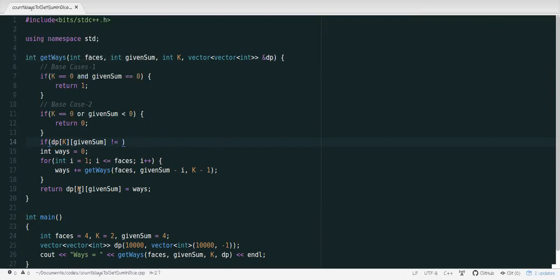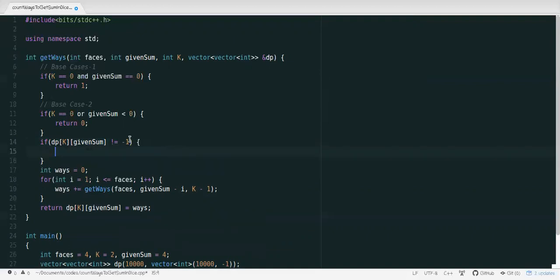But when I have already saved the result in the DP, and I have again found that k and given sum after some time, that means I just have encountered the same subproblem again. So in that case, it will never be -1.